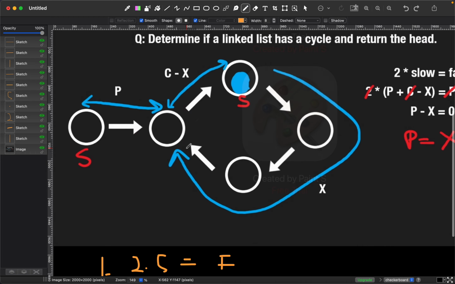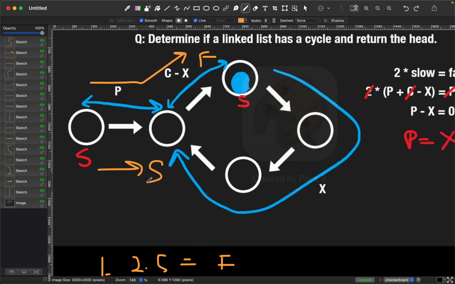So I imagine that the fast is going to move 2 spots. It's going to go like this, and then slow is going to move like this, right? So the thing is this: you say this is the point of coincidence of both